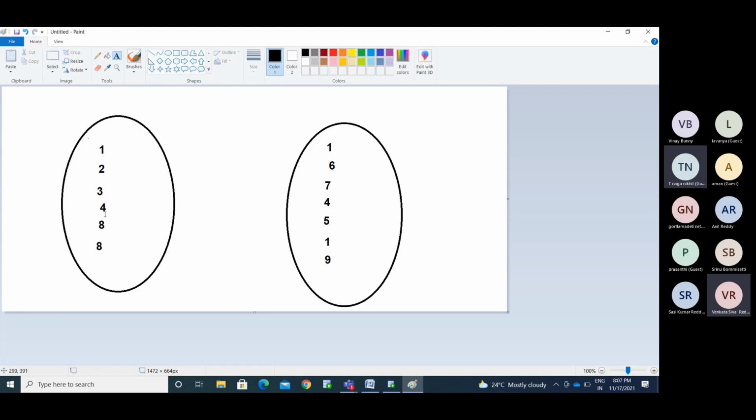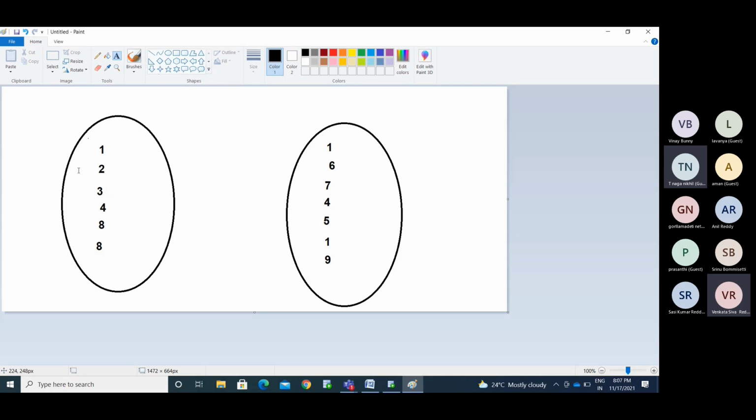So now we have two sets here. Set 1 has 1, 2, 3, 4, 8, 8, and set 2 has other values. So we have two different sets here.